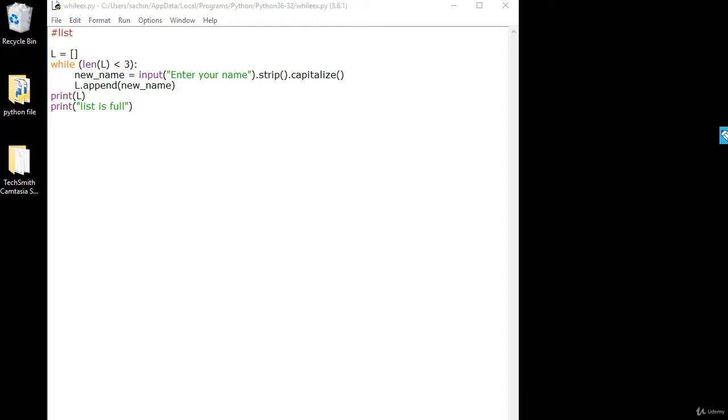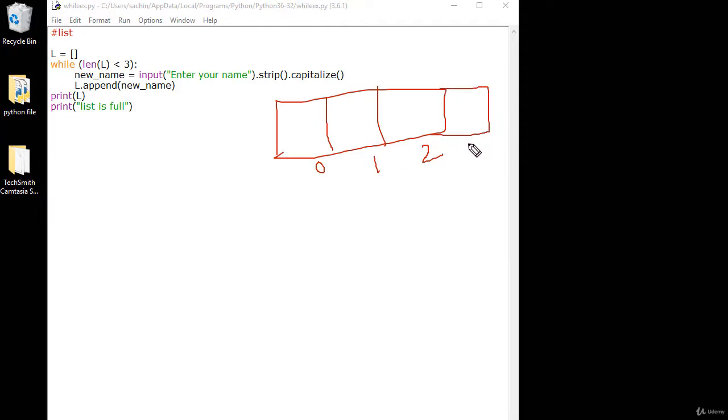So what happened here is we have created a list of size 3, with indexes 0, 1, 2. These 0, 1, 2 are used and 3 won't be used because the size is 3. So the index starts from 0 in the list and it will come to 1 and it will come to 2.